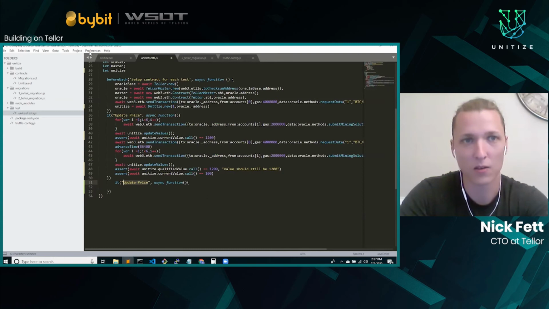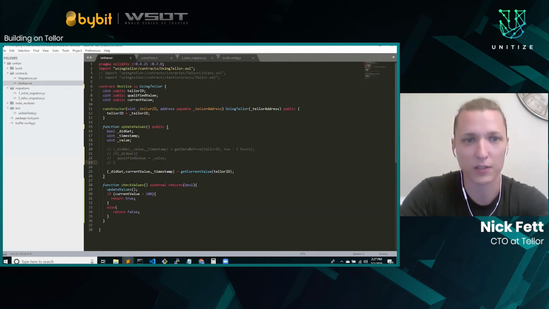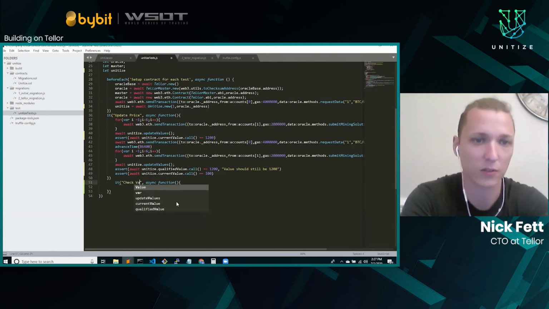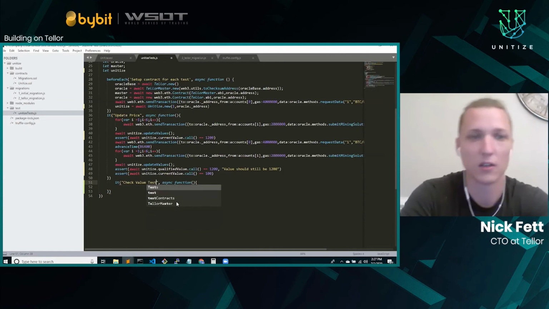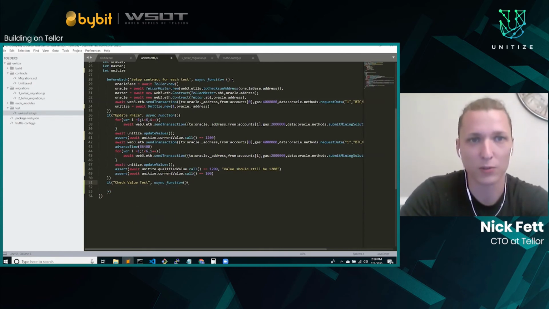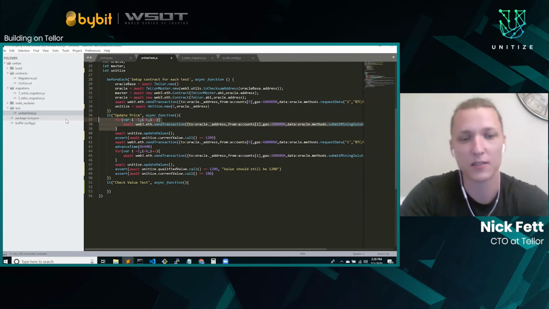So what's our function? We're going to run the check values test. The first thing you're going to want to do: before each, it'll deploy it with ID 1 and a new Tellor master. This thing right here,